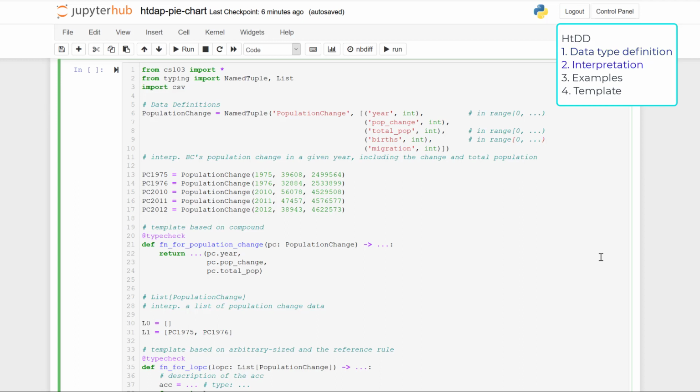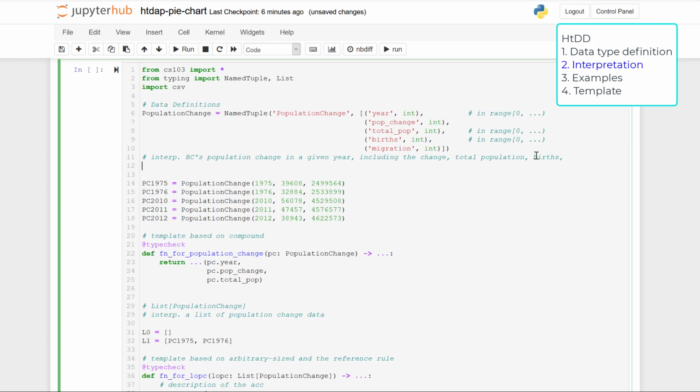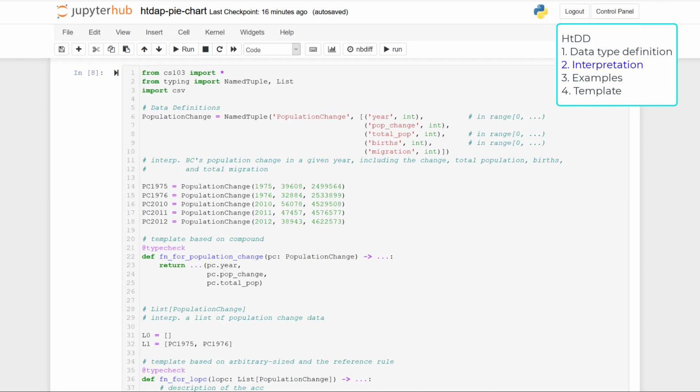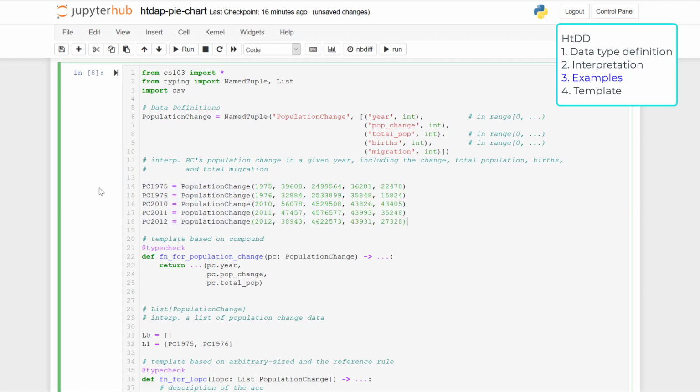Next, we need to update the interpretation to include births and migration. To update the examples, I have looked at the information in the CSV file and have updated examples to copy and paste in.